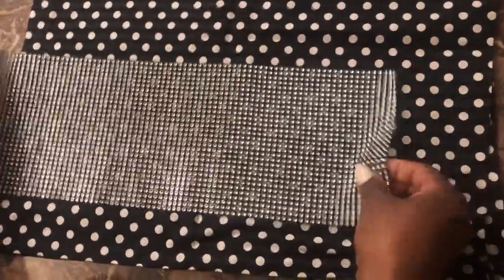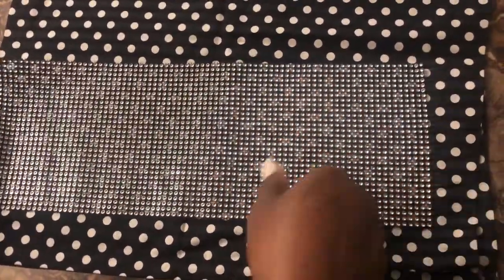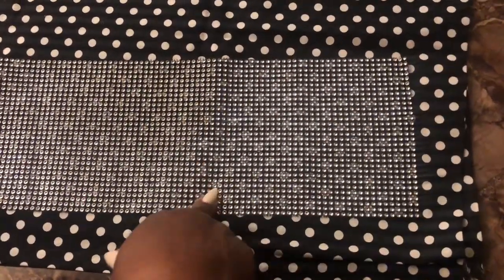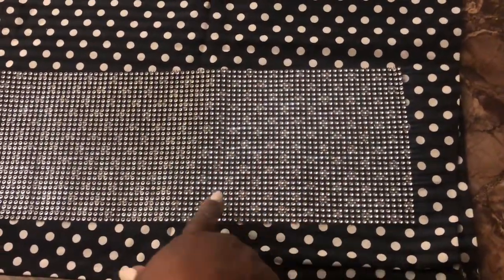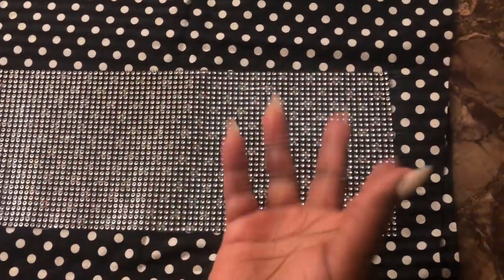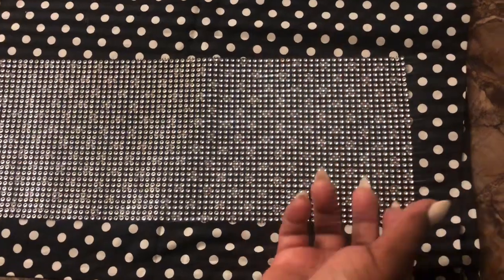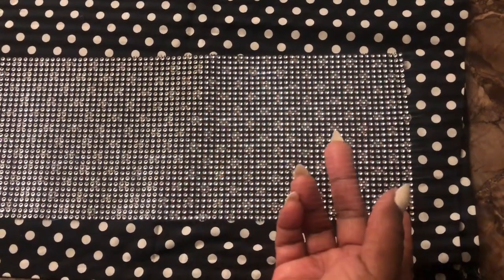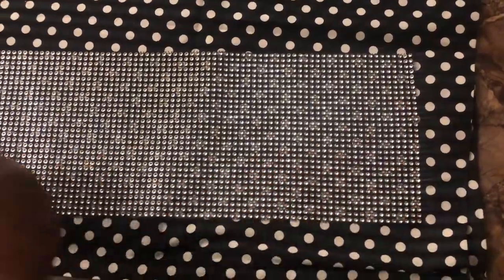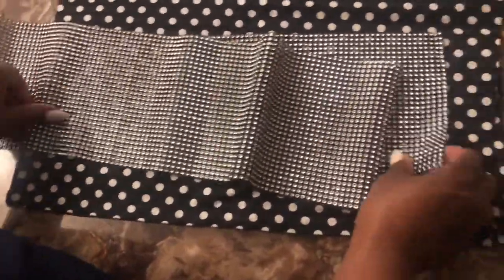The whole roll was $16, but you know at Michael's you always get that 50% coupon. So I got it for $8, and I had another extra 10% discount because I got a military discount. So I got this, I think it was a whole roll for maybe 7 something. And that's pretty good because you get a lot on this roll. I took it off the roll, but you get a lot, so this will be more than enough to do